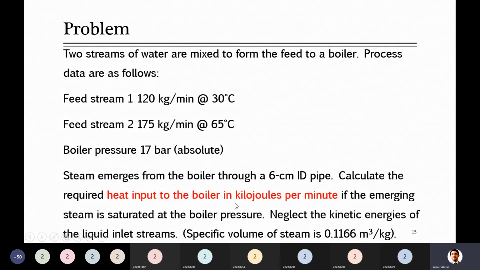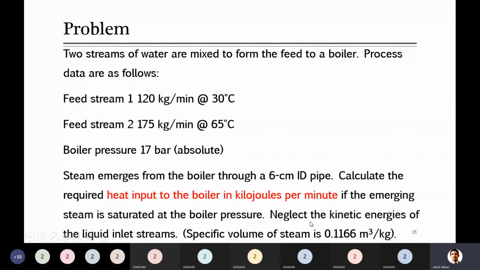So he said that steam which emerges from this is saturated steam. If you don't understand this concept much, I will talk about it later in this lecture. So just consider here that generated steam is saturated steam. There are two types of steam which we will talk about here: saturated and superheated. I will tell you the difference, but at the moment just remember that this is saturated steam, and I will let you know later why he mentioned this word.